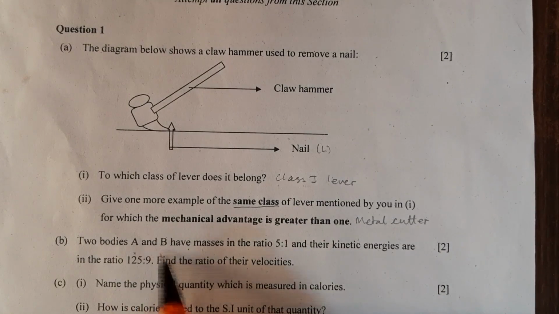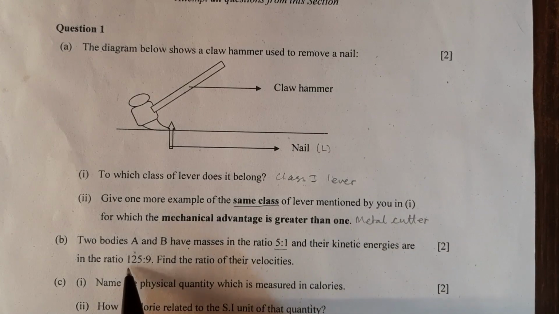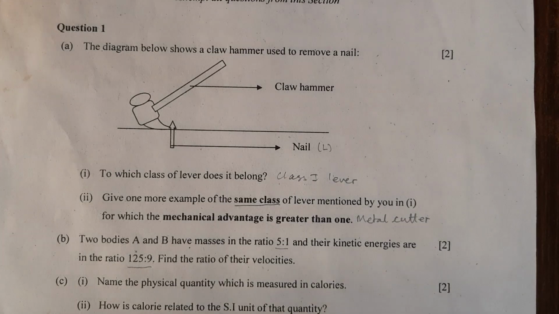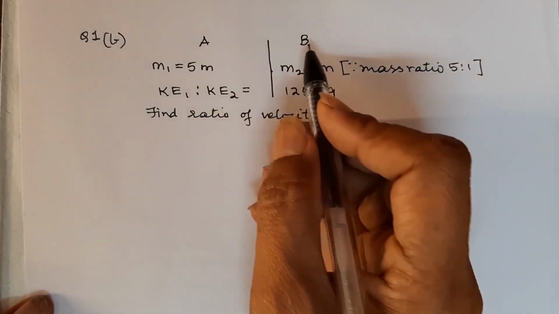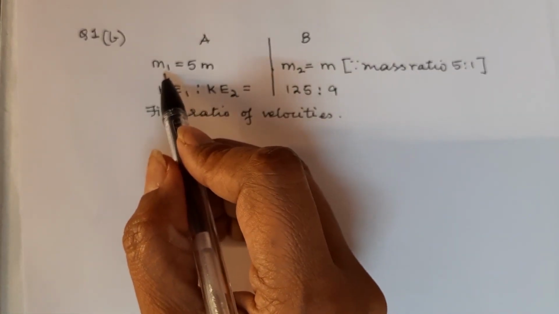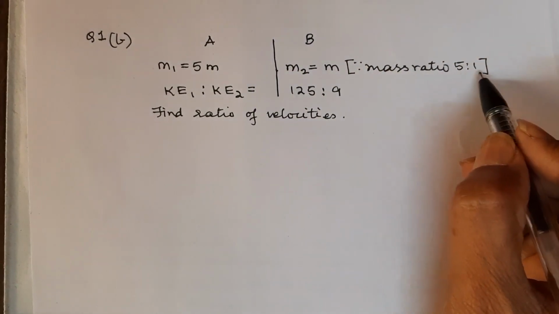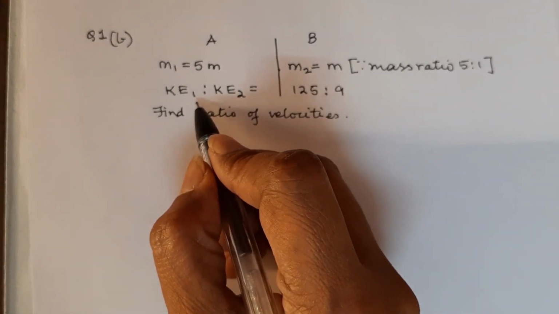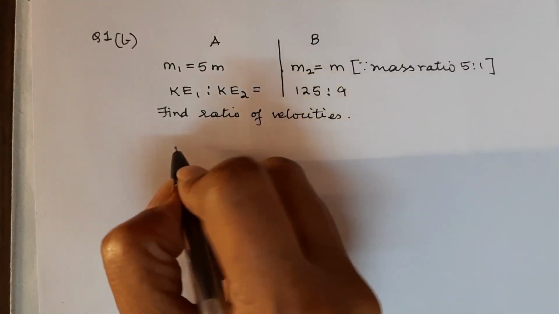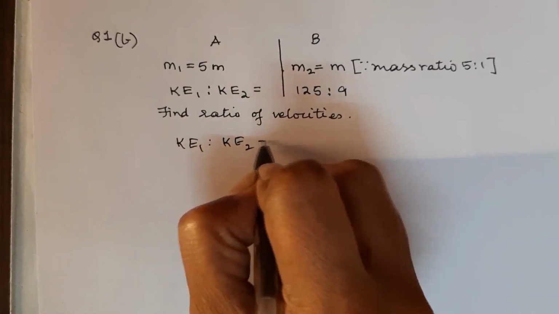Question B, 2 bodies A and B have masses in the ratio 5:1 and their kinetic energies are in the ratio 125:9. Find the ratio of their velocities. So we'll make the 2 columns for A and B body, and we'll call this mass as M1 5m and M2 as m, because mass ratio has been given as 5:1. And kinetic energy 1 is to kinetic energy 2 is 125:9. And so we will write KE1 is to KE2 is equal to